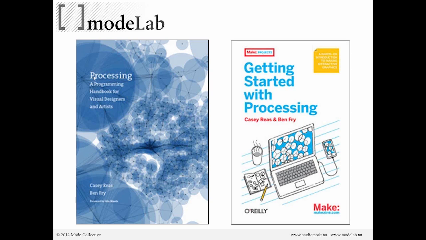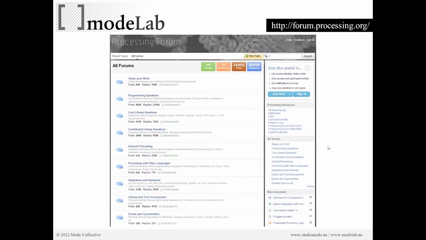This is written by the developers, Casey Reas and Ben Fry. Really great guys, really smart, and this book offers a really clear set of techniques and concepts for programming with Processing, and it's very visual in terms of its approach, so that's really helpful for designers like us. There's also a Getting Started with Processing Make Projects book, which is also really useful and goes into some alternatives in terms of beyond just graphical production, how you might start to work with additional devices.